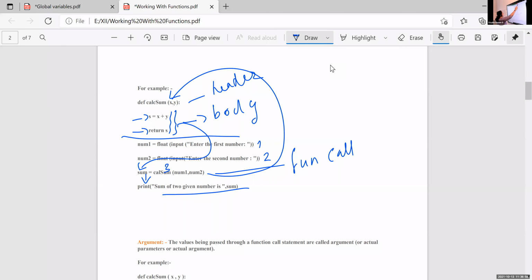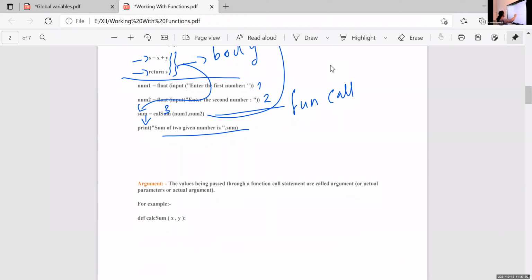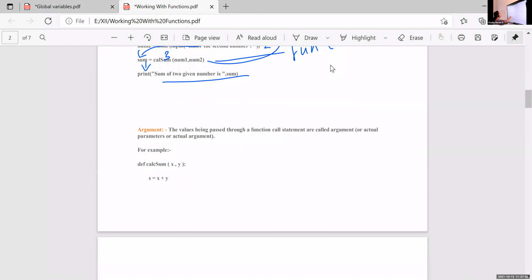Then, argument means the variables that are used in the function call statement. So this num1 and num2 are known as arguments, or actual parameters, or actual arguments. That is the word actual, in the case of the function call statement.